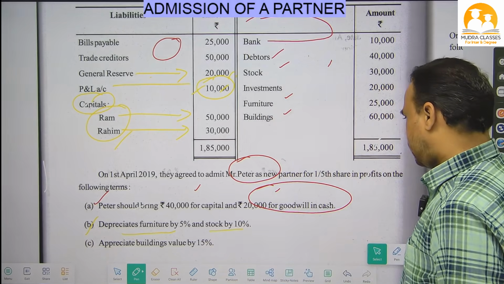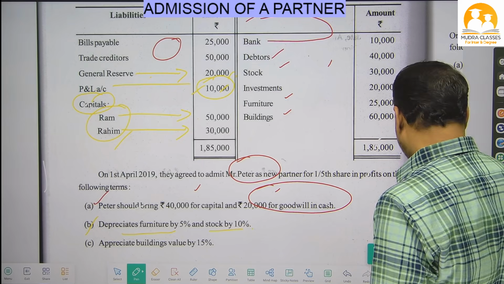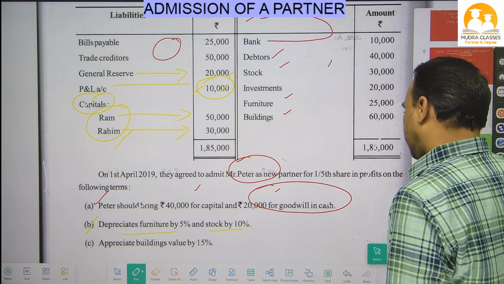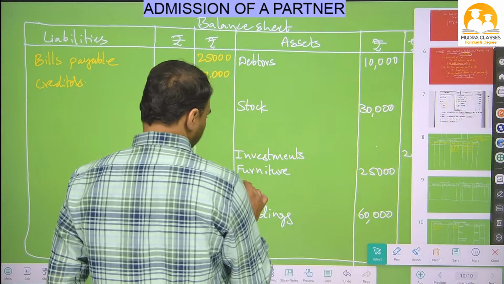Furniture value has decreased by 5%, stock value has decreased by 10%. So come to the balance sheet asset side: furniture by 5, stock by 10. So furniture less